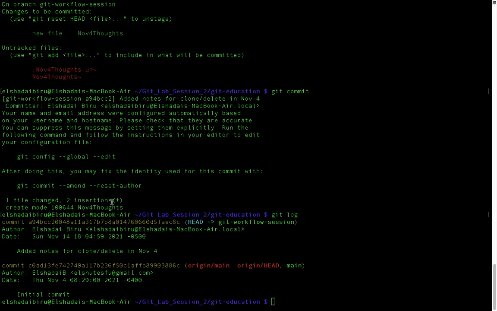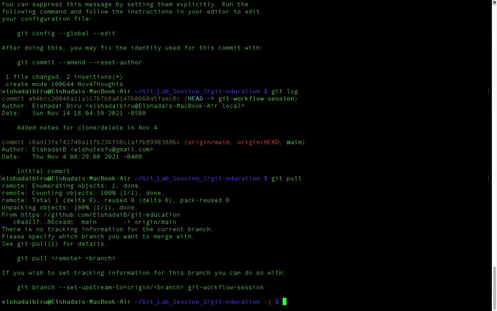So now at this point, I can say git pull. Pull means bring the changes from the remote repository where I cloned from, right? Bring the changes in. So I do git pull. Let's see, there's no tracking information for the current branch. Oh, okay, so I'm in a different branch. I will do git pull,